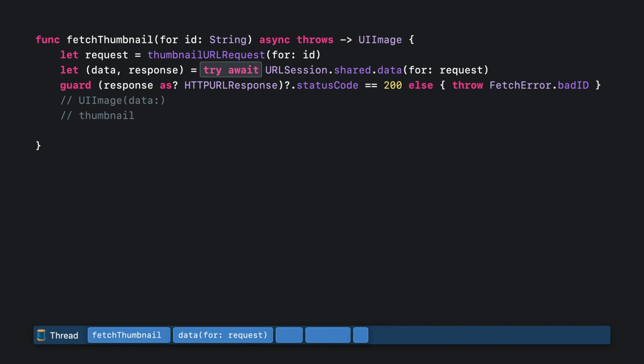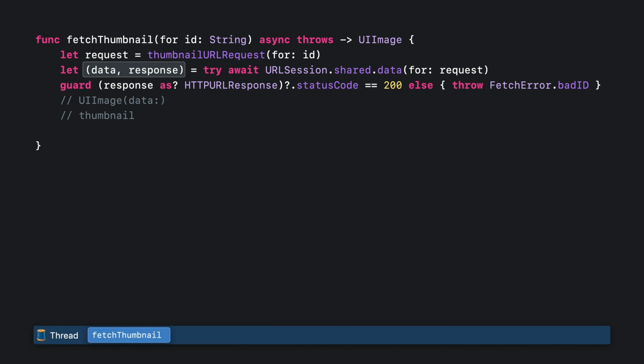Eventually, when the data finishes downloading, the data method will resume and return to fetchThumbnail. At that point, the values the data method returns, or error it throws, will flow in. If it threw an error, then fetchThumbnail will throw that error in turn itself. Otherwise, the data and response variables will be defined.